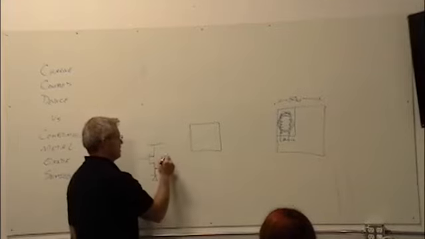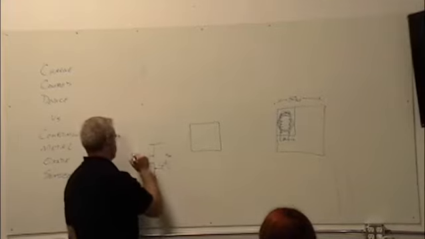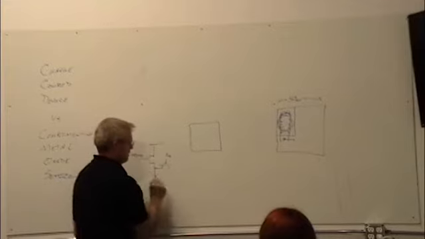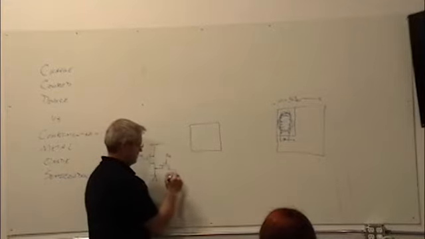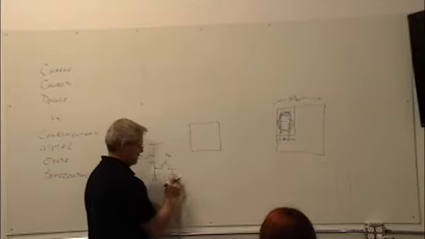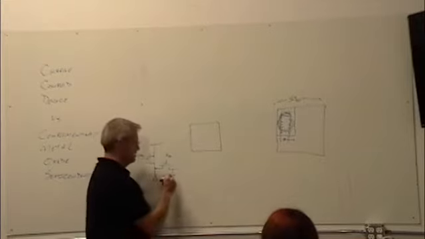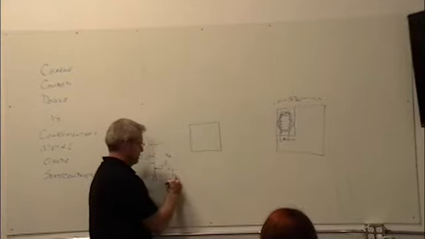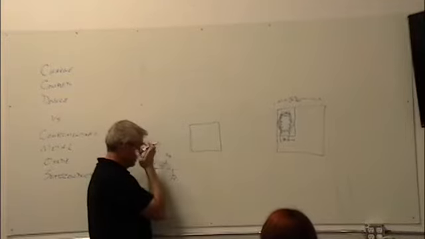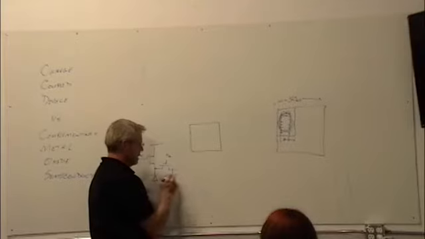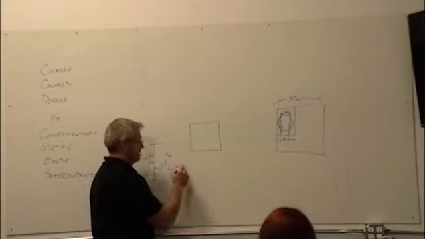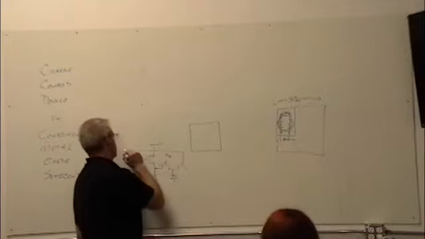So this is sample, this is reset. And I have another capacitor here, which is probably done as a diode. It may be done as a diode, or it may be done as two pieces of metal, depending on how they did it. And then I have another one here, with row select,